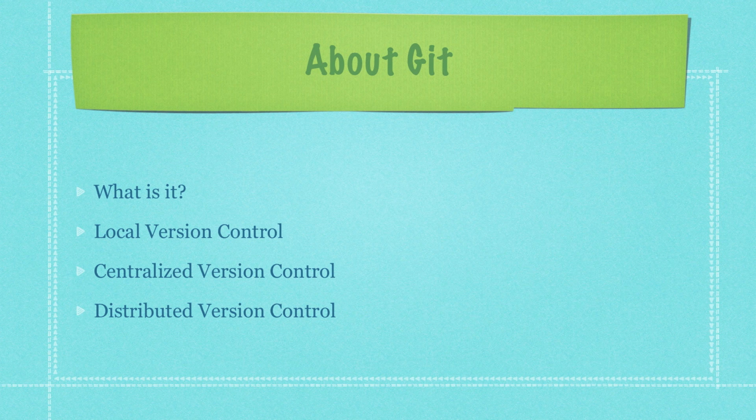Now, there are different types of version control tools. There's local version control, which saves files to a database on one computer. There's centralized version control, which saves changes to a shared server. And then there's distributed version control, which allows for easier sharing of files than you're going to find with local version control because you're going to be able to share them. And also it eliminates problems that could occur if access to the server is lost under a centralized version control